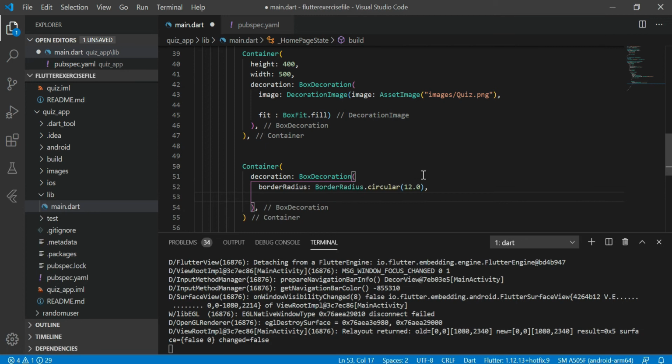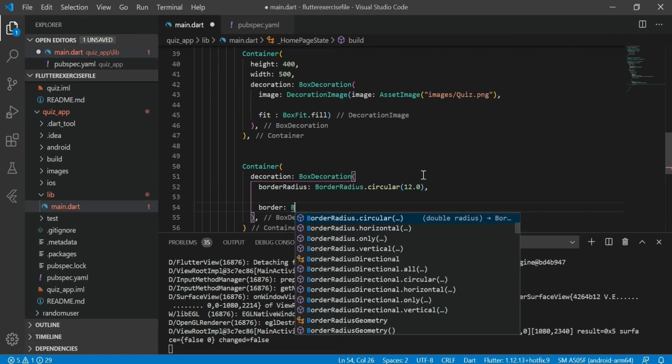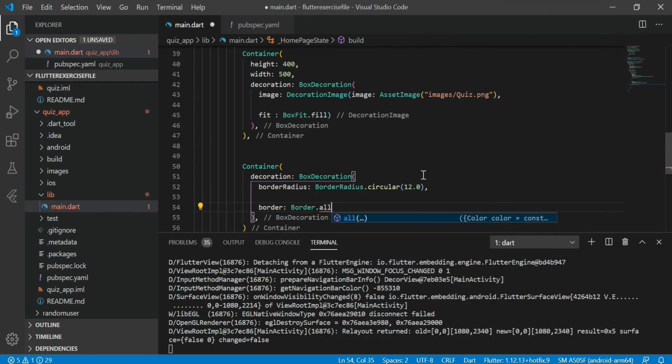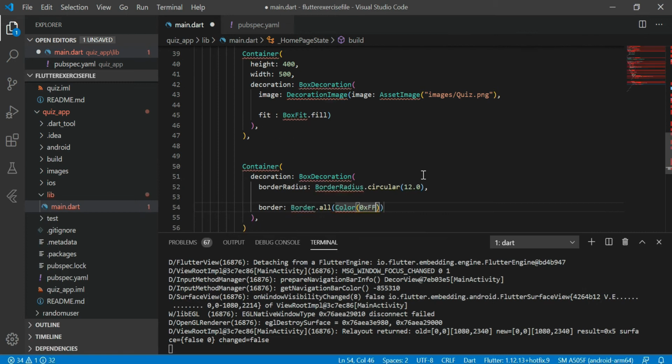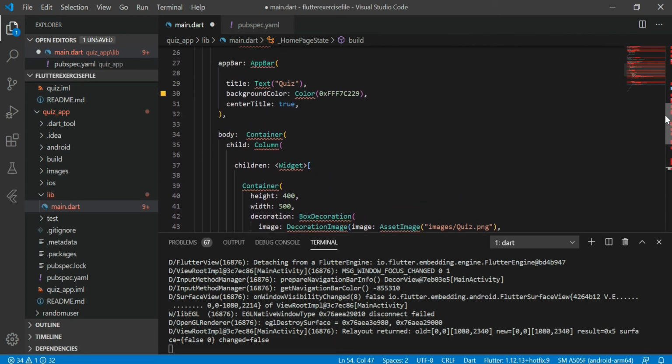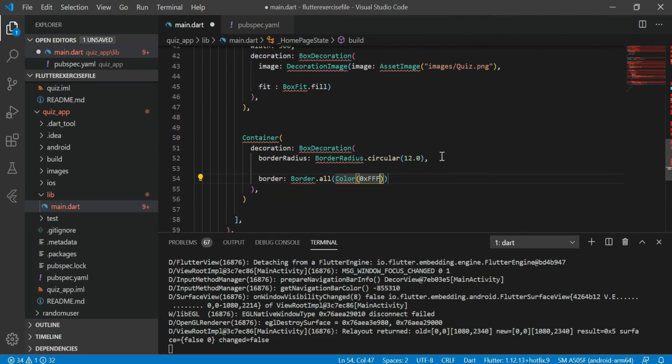Let's see. I'm also going to give a border color. For border color, I'm going to use that same hex code because this is the color path that we are following. So I'm providing the same color as my app bar, like this. Same hex code value.